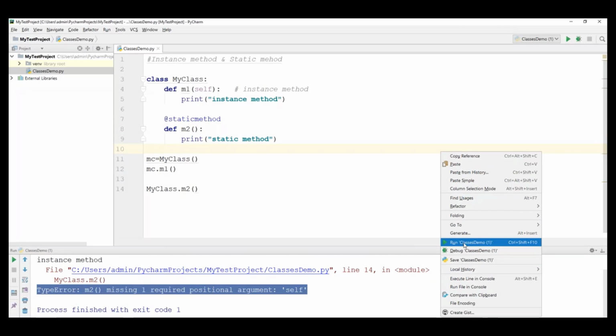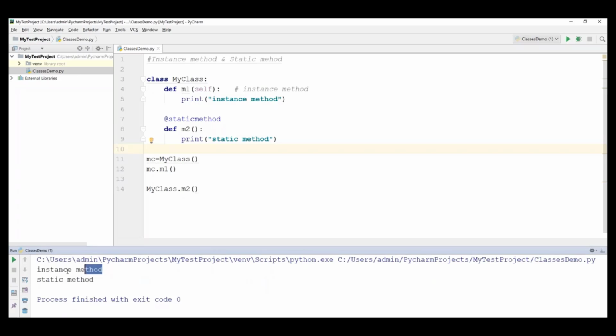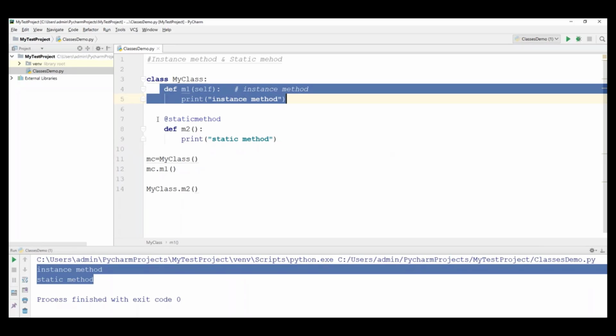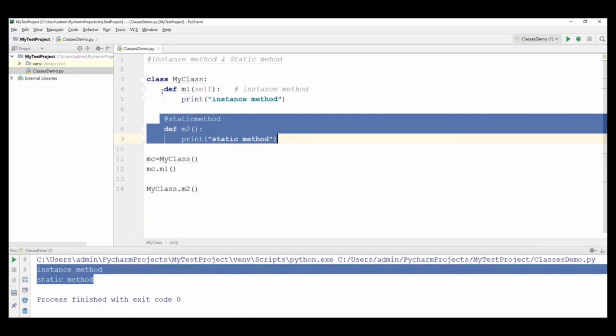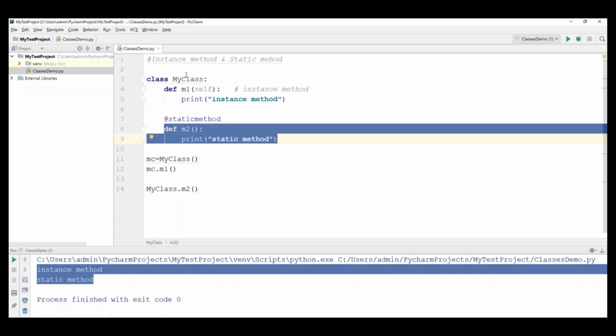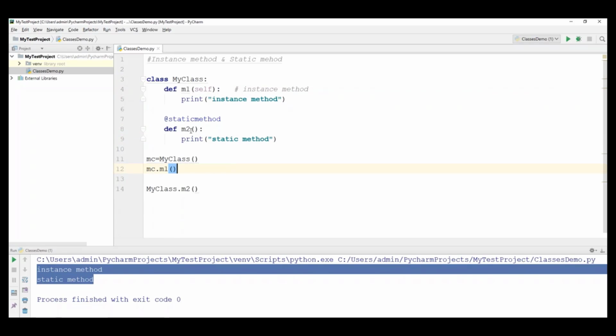When I run this code, you will get this message for the instance method and static method we created. See this carefully. The first method is an instance method, the second is a static method, and an instance method means we must specify the self keyword. This belongs to this particular class. Even m2 belongs to MyClass, but in a static method we should not specify any self keyword.